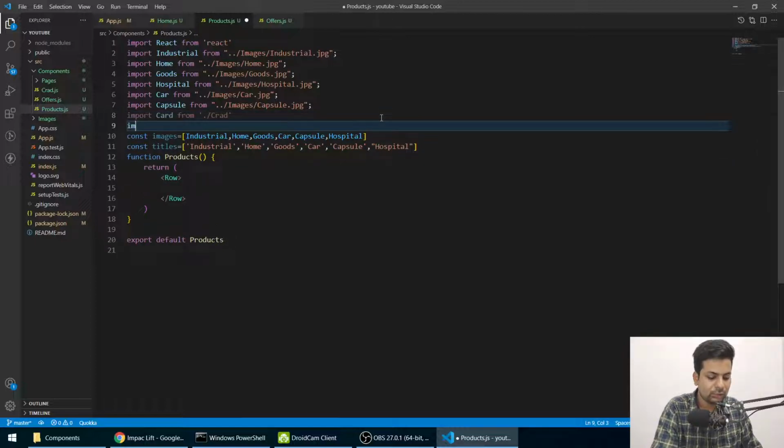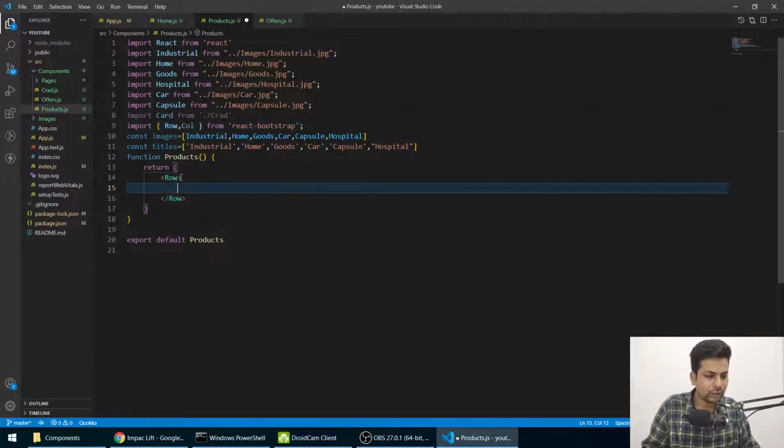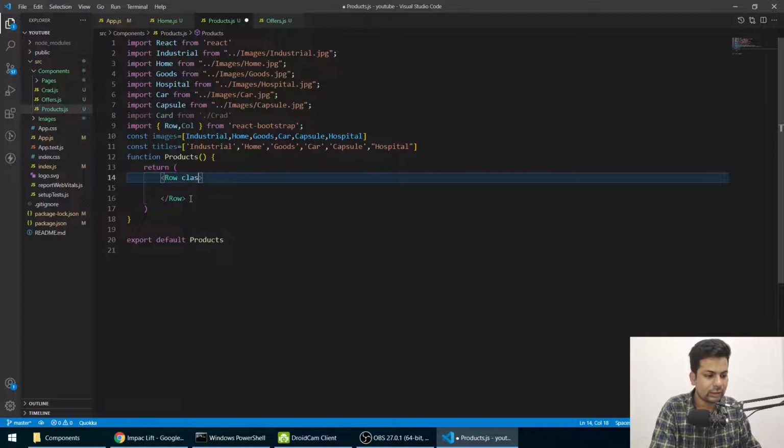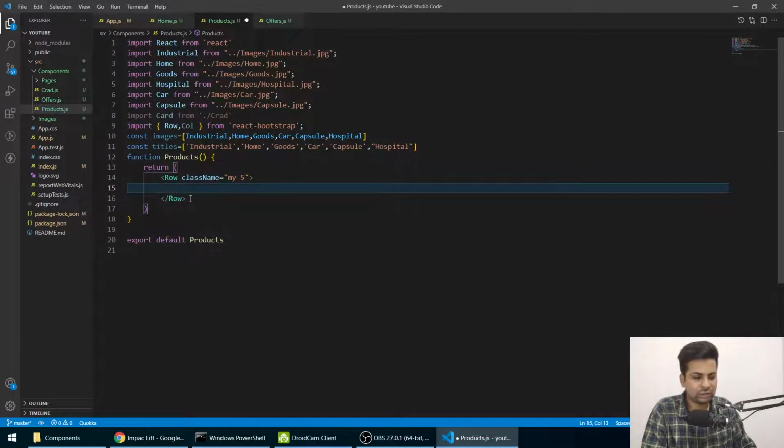We'll say import row comma col from React Bootstrap. It's auto completed, and we'll make a, what do you say, margin from top and bottom of 5 px.